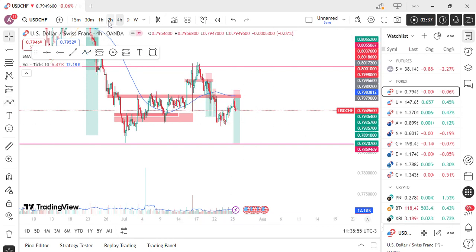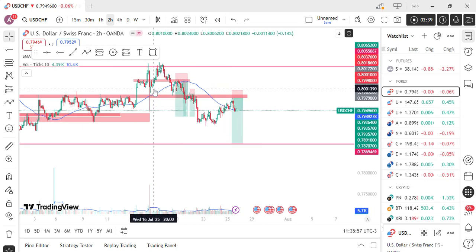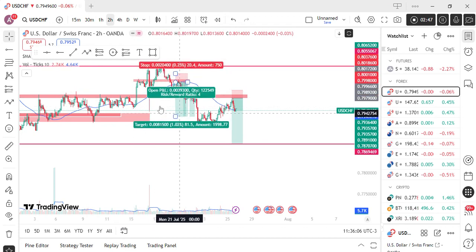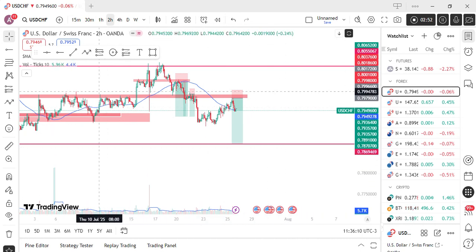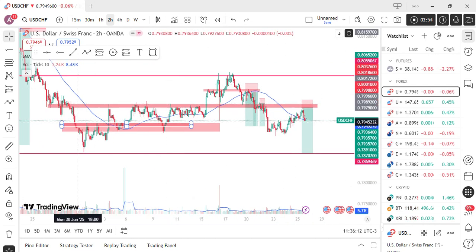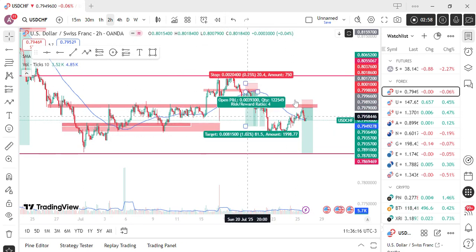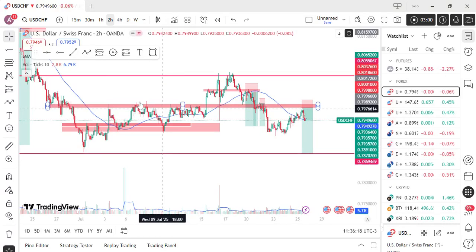On the 2 hour time frame we can also say we are bearish. Though we didn't close with a weak body, you can still see that at the same time we are bearish. And one thing about it is you can see this region has been tested for some time. So we are seeing more because of why.